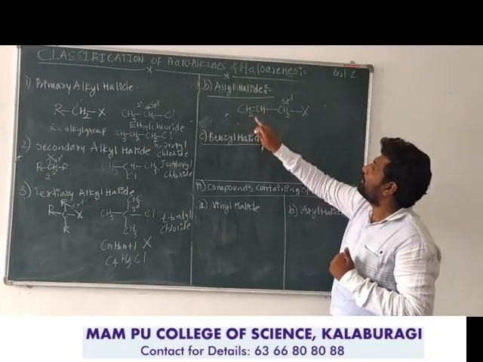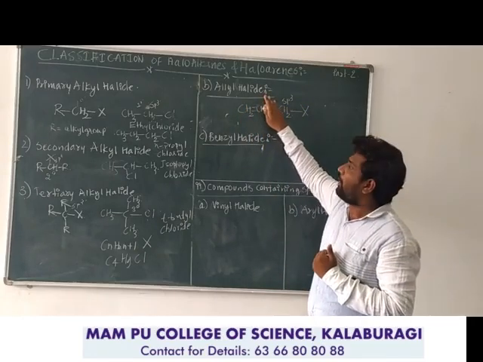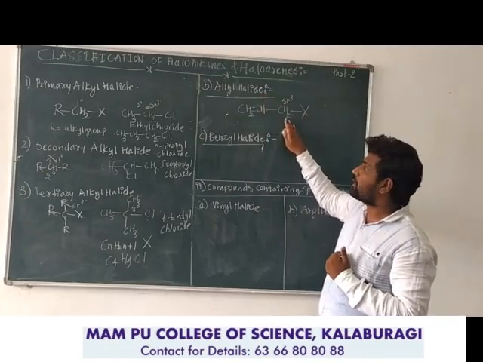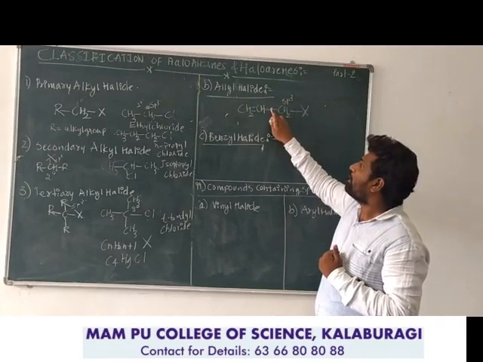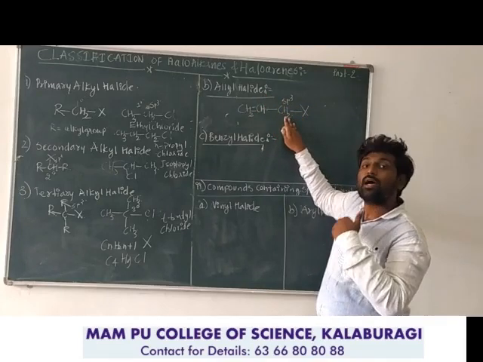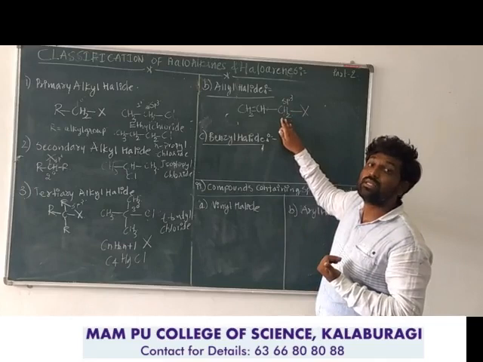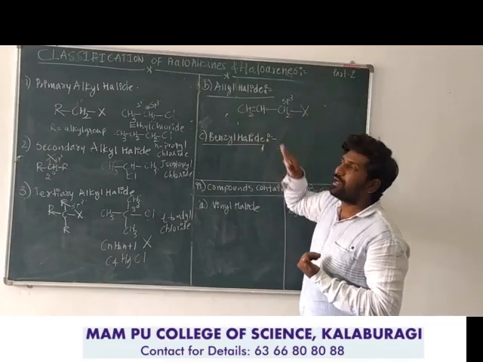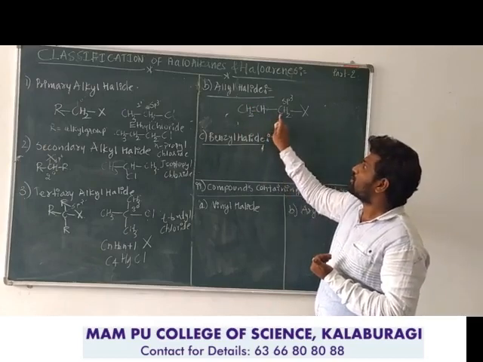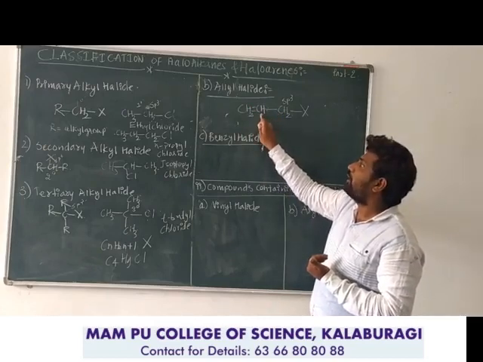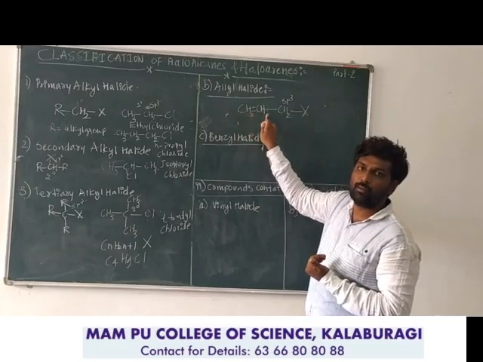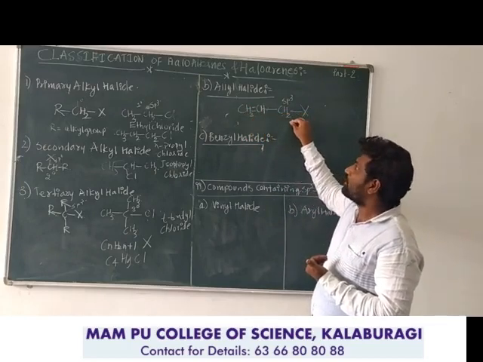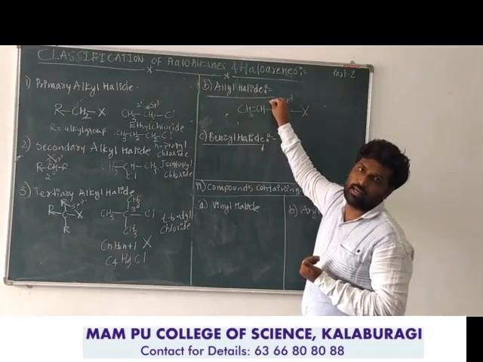Look at here. These are the type of haloalkanes where the halogen is bonded to the sp3 hybridized carbon atom. The carbon which is bonded only with a single bond to the other carbon atom is called sp3 hybridized carbon, which should be next to the carbon-carbon double bond. Look at here. This sp3 hybridized carbon atom is bonded to the sp2 hybridized carbon-carbon double bond. So this carbon is known as allyl carbon and the halogen compound is known as allyl halide.